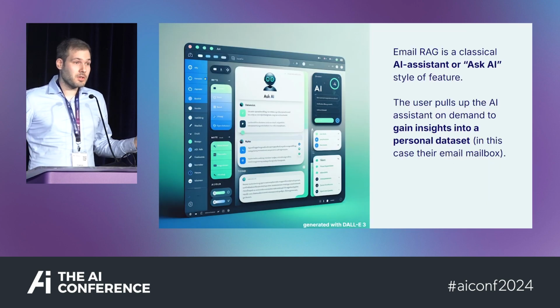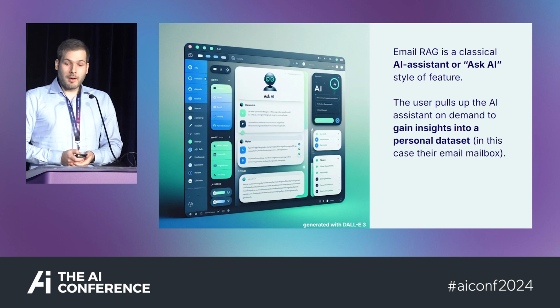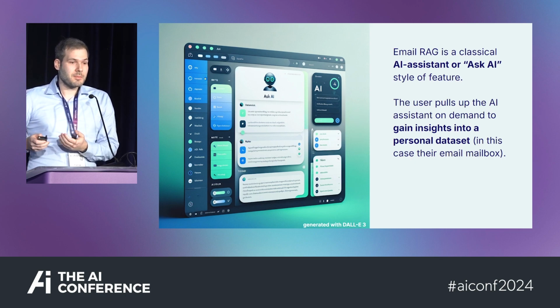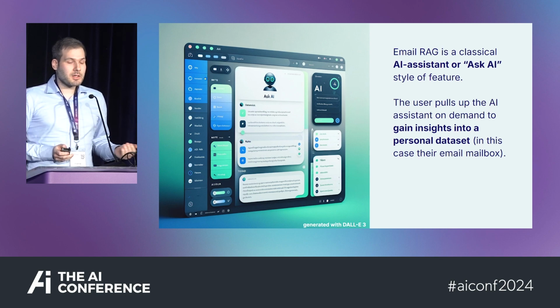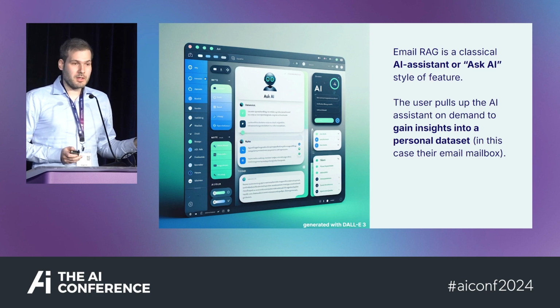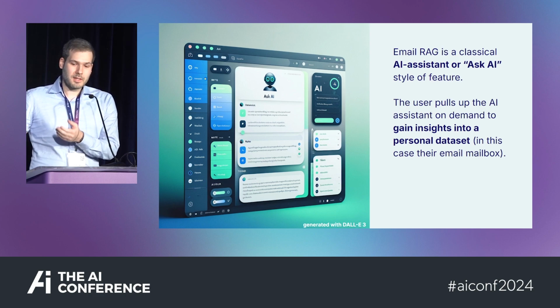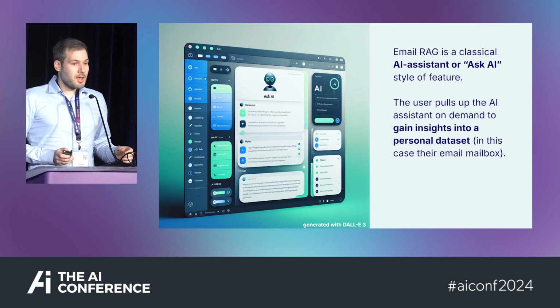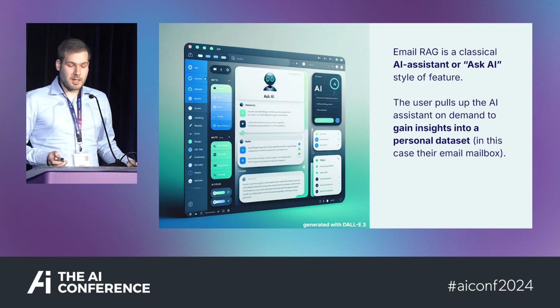So for those of you that don't use Superhuman, you can think of it like an Ask AI assistant, where this is not the primary way you interact with the app. It's an email client, so the primary way is to write emails, etc. But maybe you want to ask it a question where the answer is somewhere in your email. And then you get this typical Ask AI. I believe that's a name that's quite common. If you use Notion, for example, I think they're also calling it Ask AI, which is this pattern of AI assistants that don't hallucinate, or ideally don't hallucinate, but base their knowledge on that data source,